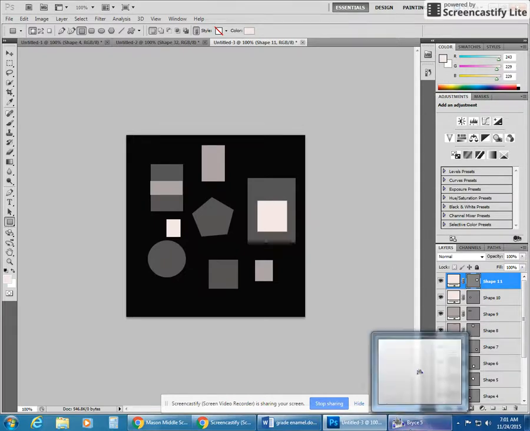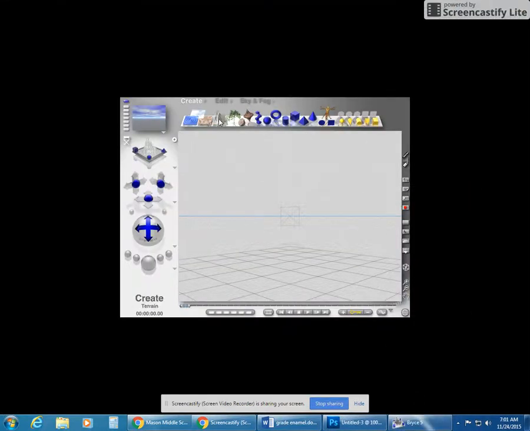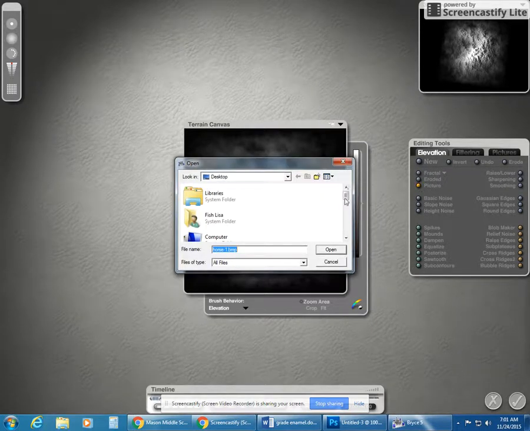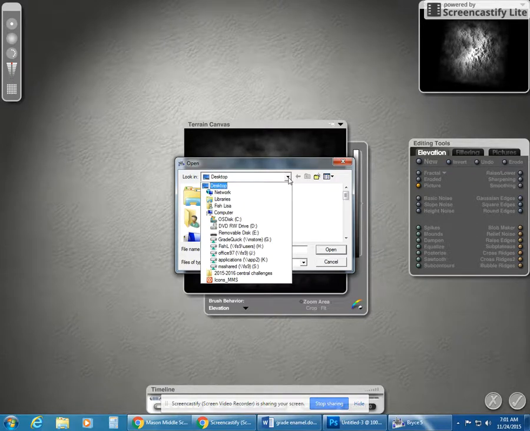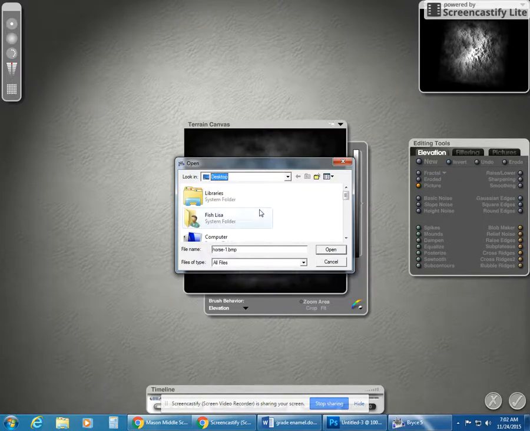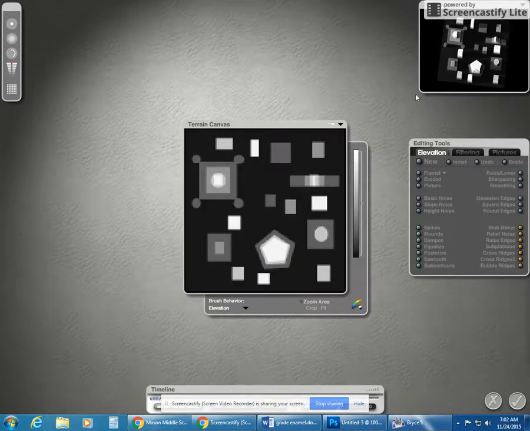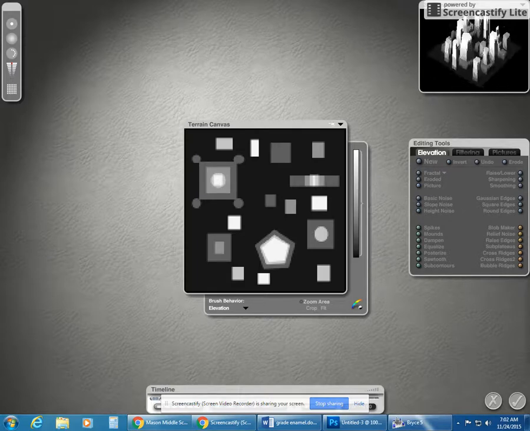Then I'm going to go over to Bryce, and I'm going to make a mountain, and I'm going to edit the mountain. I'm going to go to Picture, just like we did before, and you should be saving to your H drive, so you should be going to your H drive. I'm saving on the desktop because my H drive is completely full. So get that city that I made before, get the good one, and hit Open. And now my city shows up